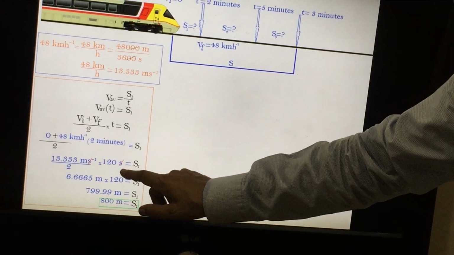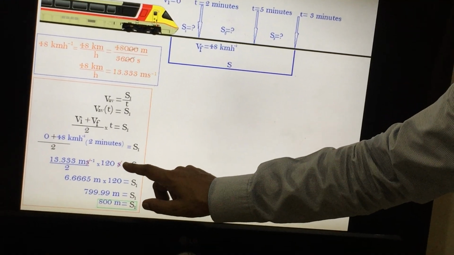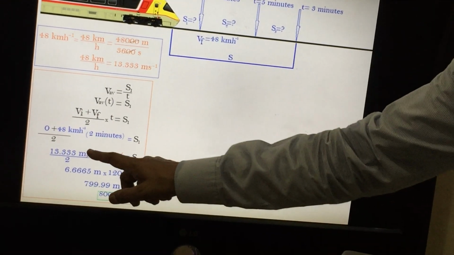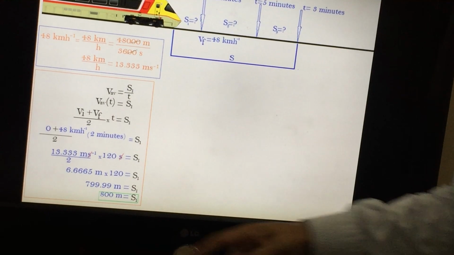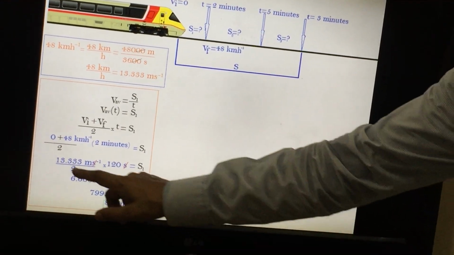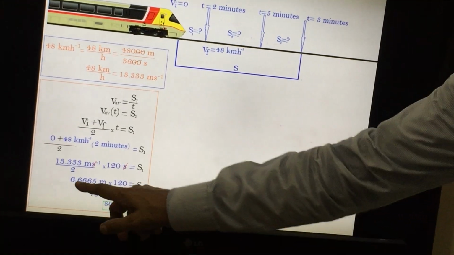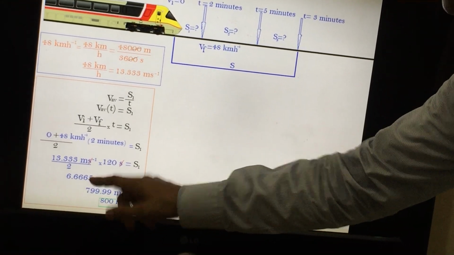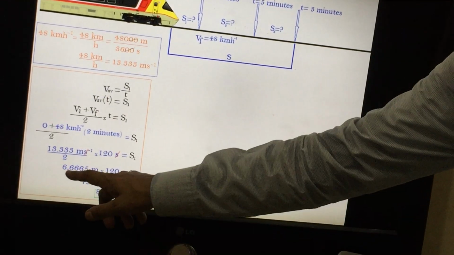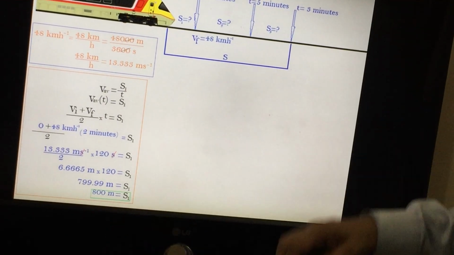You can see this one, seconds, has plus 1 power and this one has minus 1 power. Both are inverse of each other. They will be cancelled out and you will be left with only meters. So whenever you divide it by 2, the answer is 6.6665 meters multiplied by 120. And after multiplication, you will get